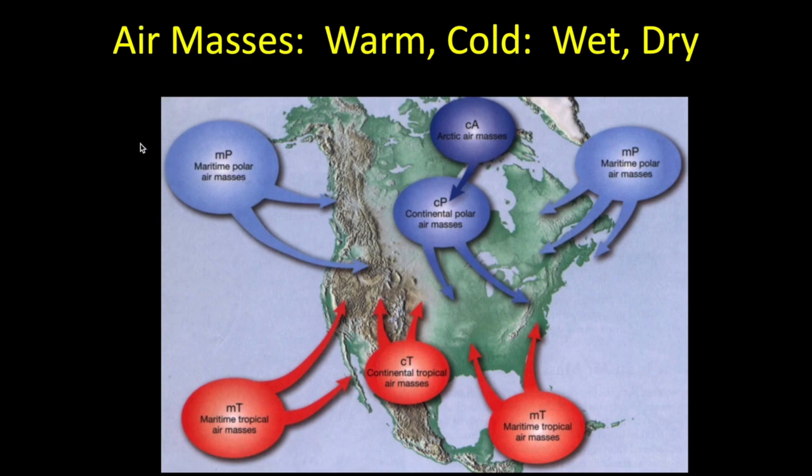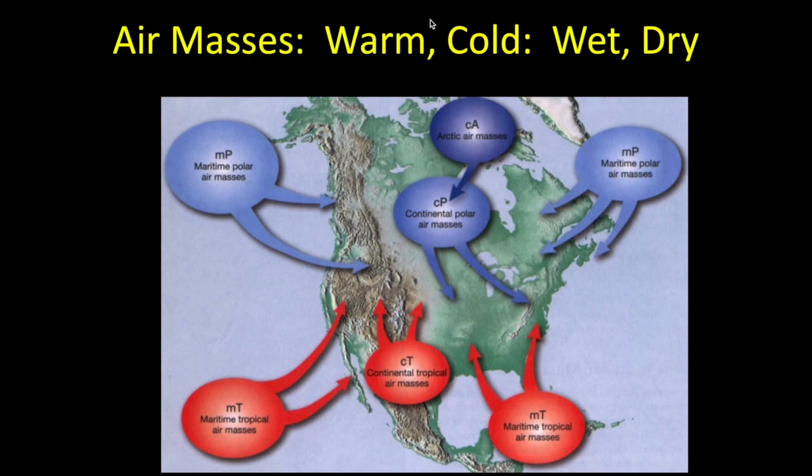Now, if they're going to be off the ocean, it's called a maritime air mass. I'm not going to make you write that down, but if it's coming off the ocean, it's going to be wet, okay? And that's what we generally will get, which is one reason why it rains so much in the Northwest. Now, a dry air mass is going to be coming off of a continent. They call it a continental air mass, and so that wouldn't have much moisture in it. So air masses can have a lot of moisture, a lot of humidity, or they can have very little humidity.